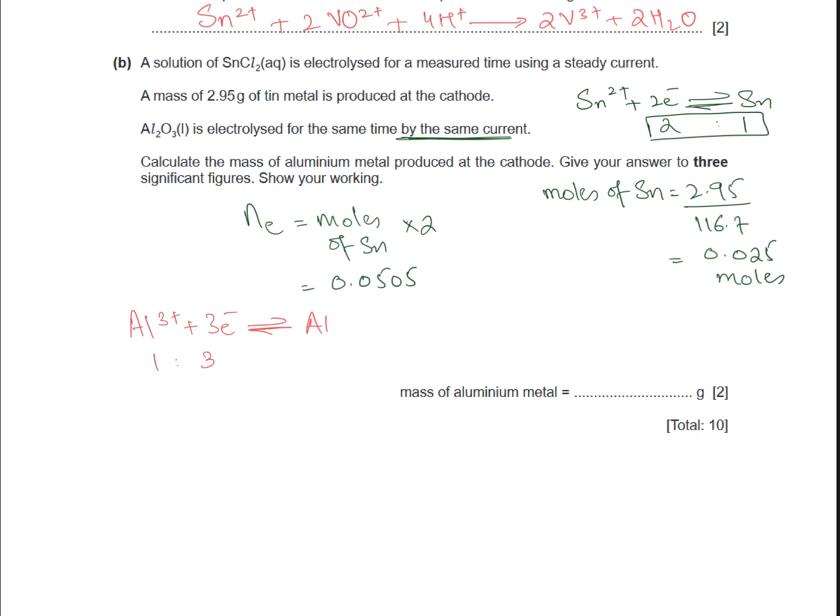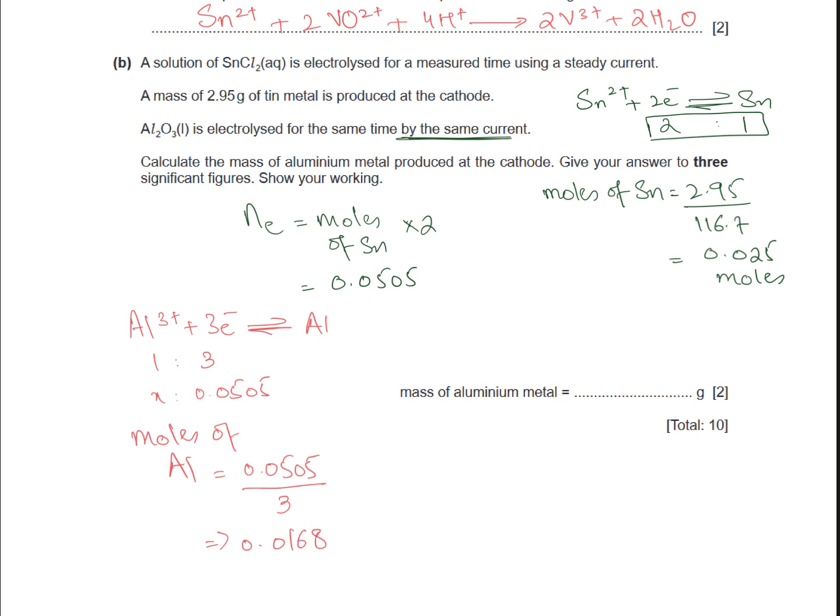So the number of electrons which we just calculated, because the current is the same, is going to be this, and I have to find the moles of aluminium, which comes out to be 0.0505 divided by 3,